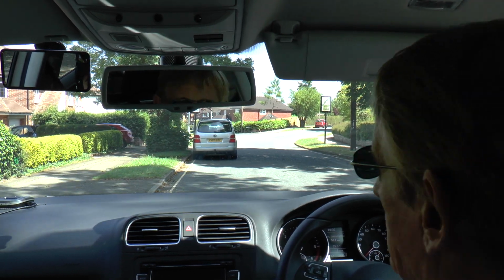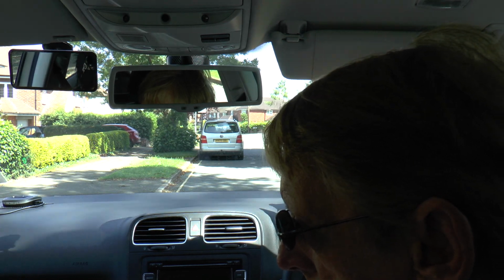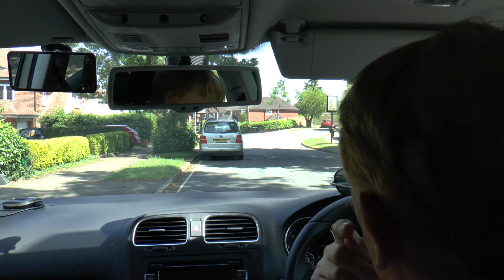Okay. So now you can finish off your explanation. It's really important when you're going right to stay left of centre. We don't want to go over the line because if we are, we're forcing ourselves into oncoming